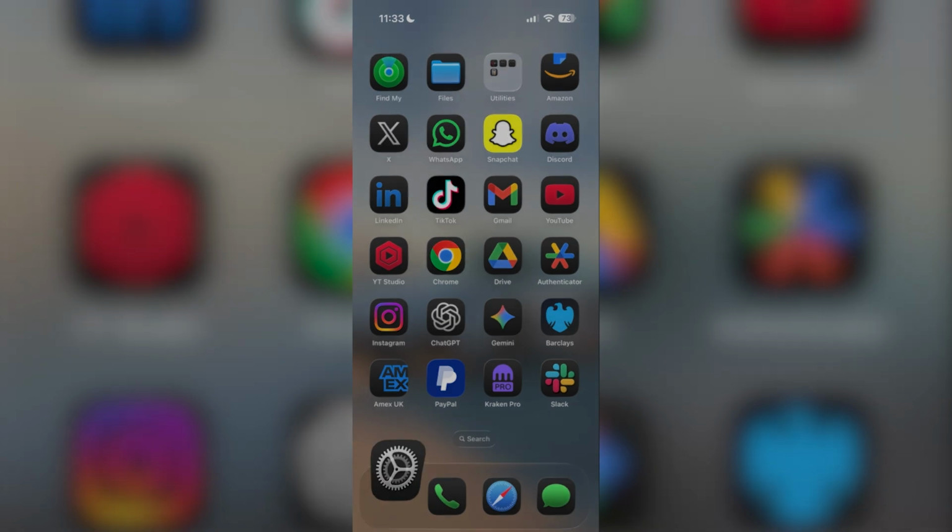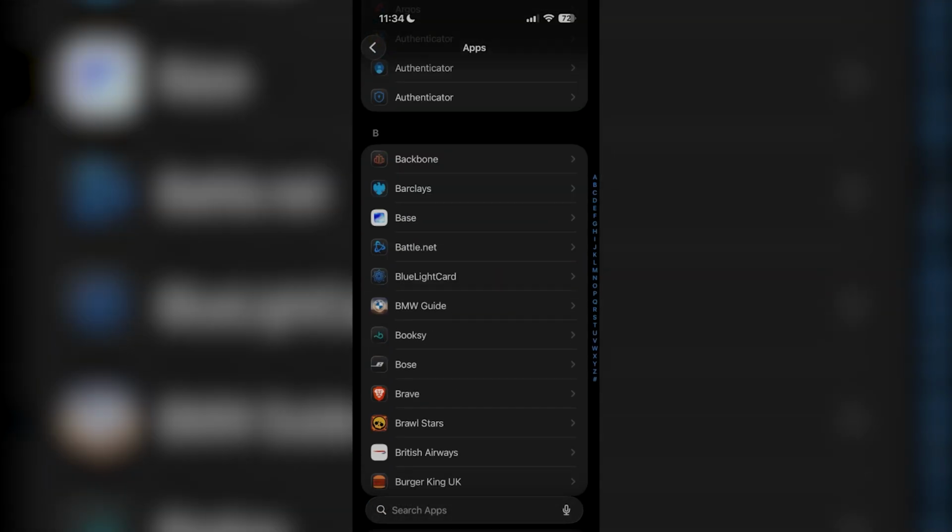So the best thing to do is go over to your settings application, scroll down and go over to mobile service. Once you're here, if you have two SIMs that are currently enabled, like maybe an eSIM or anything like that, go ahead and disable that and just make sure your main SIM with your main phone number is the one that is enabled. Then go back, scroll down, go to apps at the very bottom, then look for your